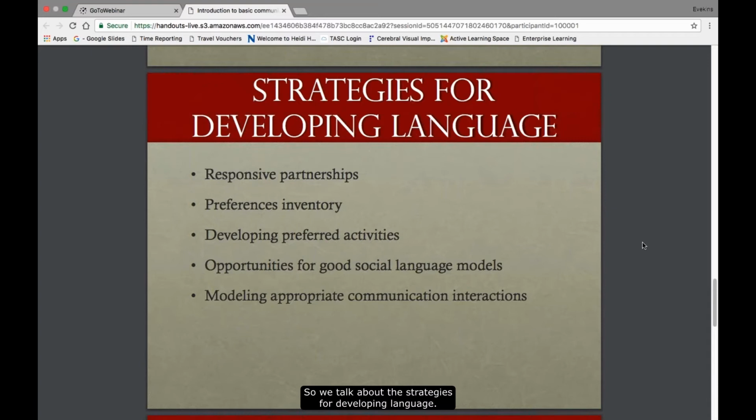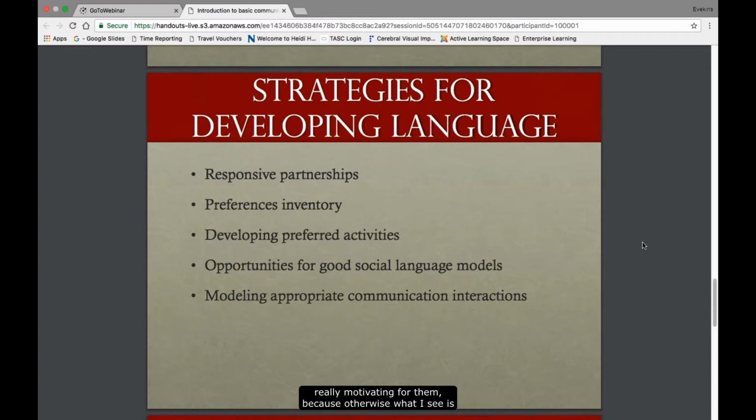So we talk about the strategies for developing language. These are what I talked about a little bit more. It's really those responsive partnerships. It's engaging in those preferred activities. So it is finding things that the child really likes, what's really motivating for them.